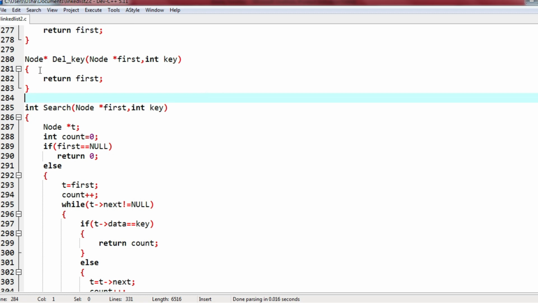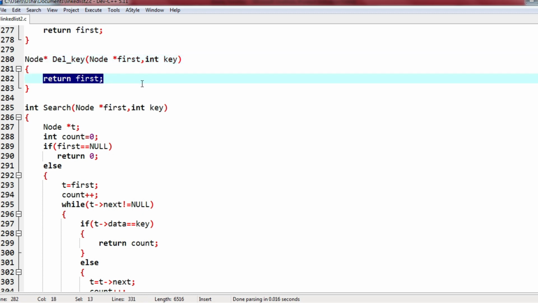Basically, a stub is a function definition with no instructions present. If the return type is void, then nothing is required here. You can just give it like this. If the return type is not void, return a value of that type. That's it. So it is just for temporary purposes, so that one by one you can create definitions for each module and test it, so that you can execute the program.